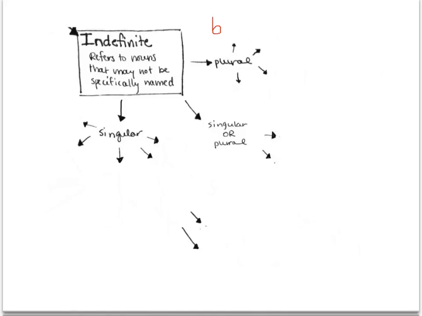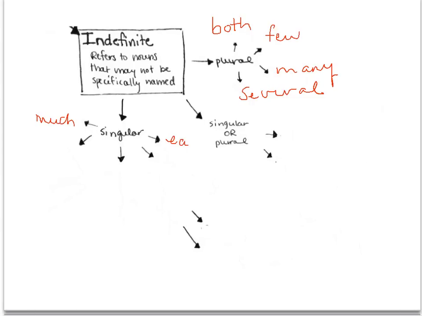For the plural forms, we have both, few, many, and several. We also have quite a few singular words. Much, each, either, and neither, and all the others. We have other,